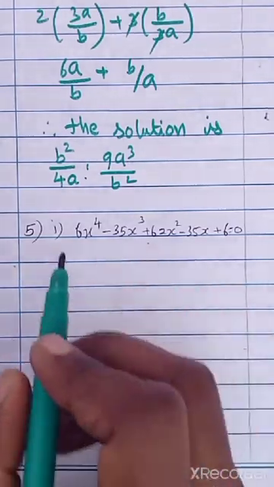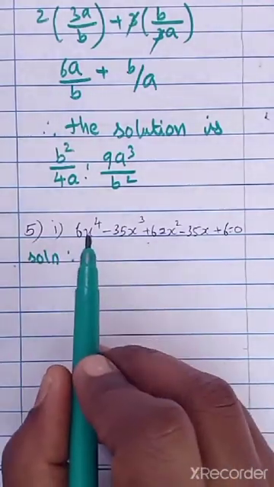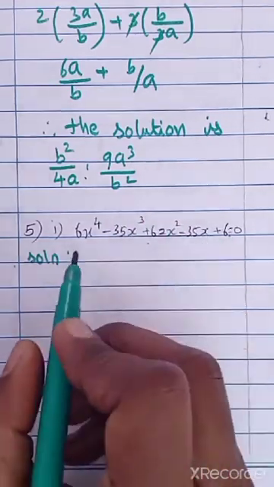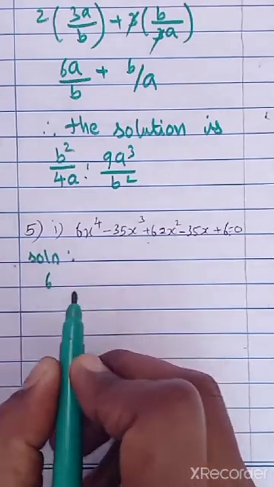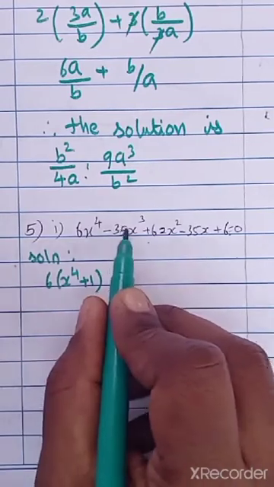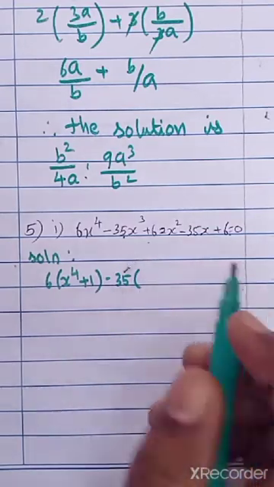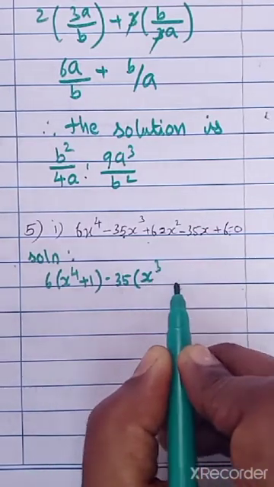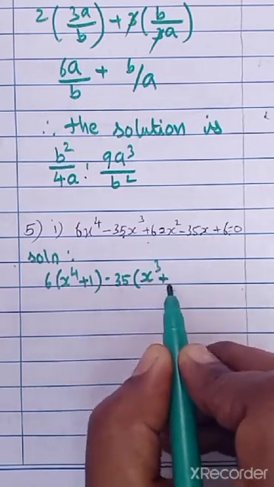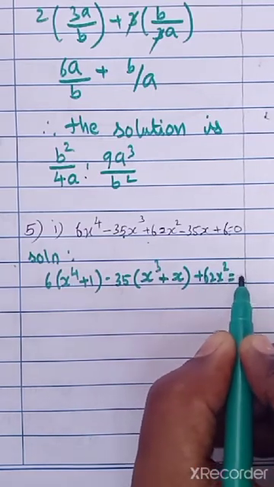Okay, so here for this question we are going to use the reciprocal method to solve the given equation. So first we can combine first term and last term, second term and the previous term. So if I take 6 common in the first term, what I will get, x power 4 plus 1. Similarly, if I combine this two, I can take minus 35 as common. So what I will get, x cube plus x, correct? And the remaining term will be 62x square equal to 0.